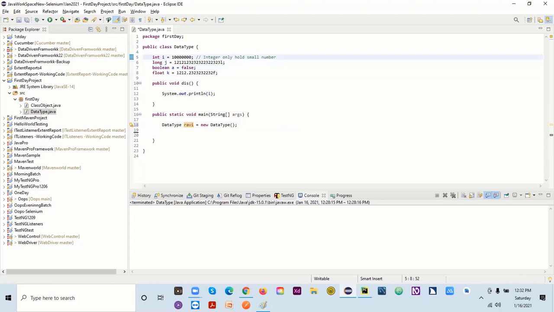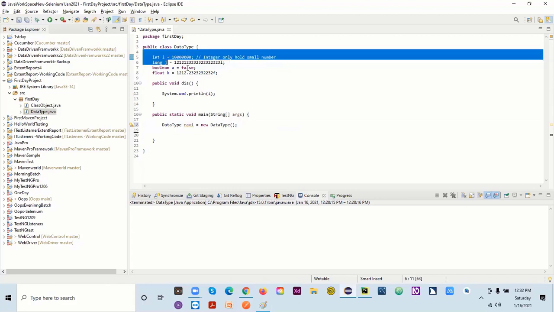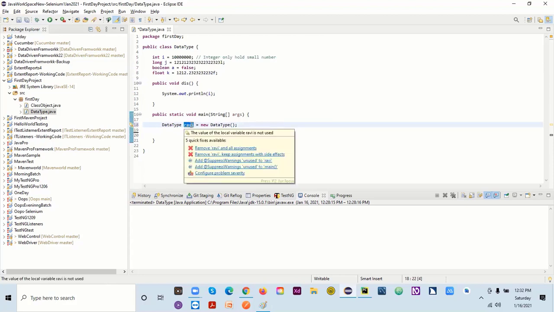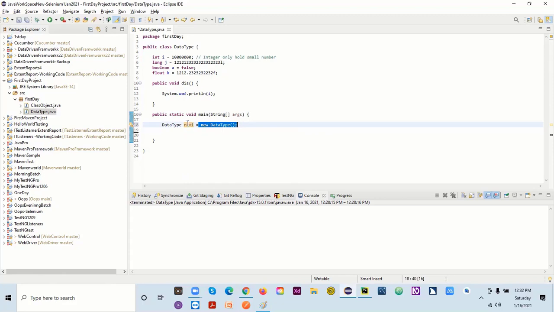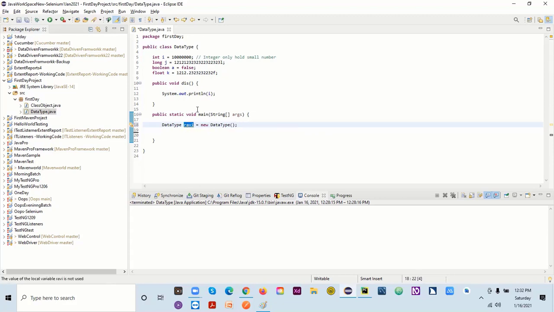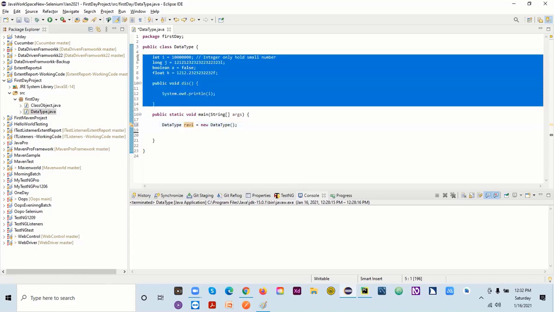If I give any other name, it will give you an error, because it has to be an integer. I have to use only integer. If I'm using long, it will be long. So I cannot change anything there, but I can give any name here. And now this is my object. I have created the object, and this is my reference variable. Using a reference variable, I can access any method or any data member.